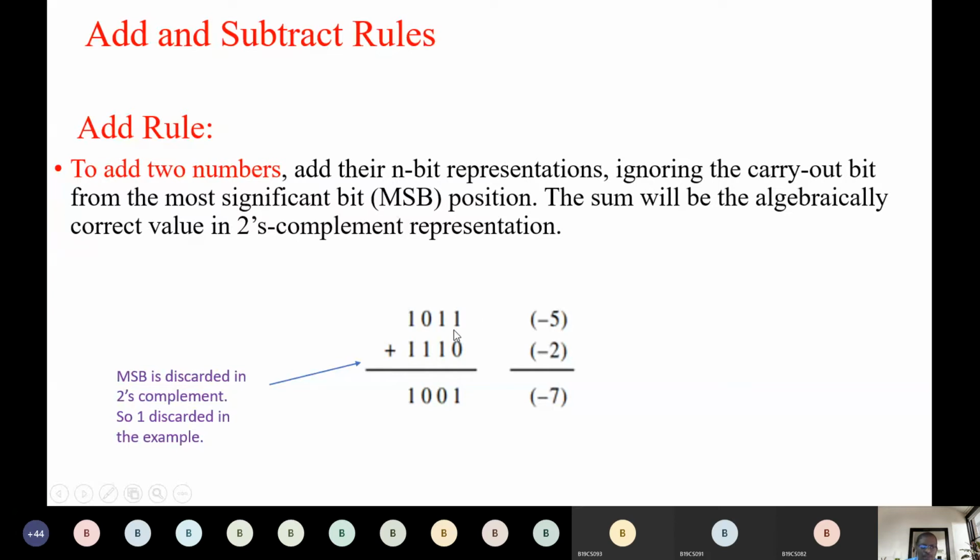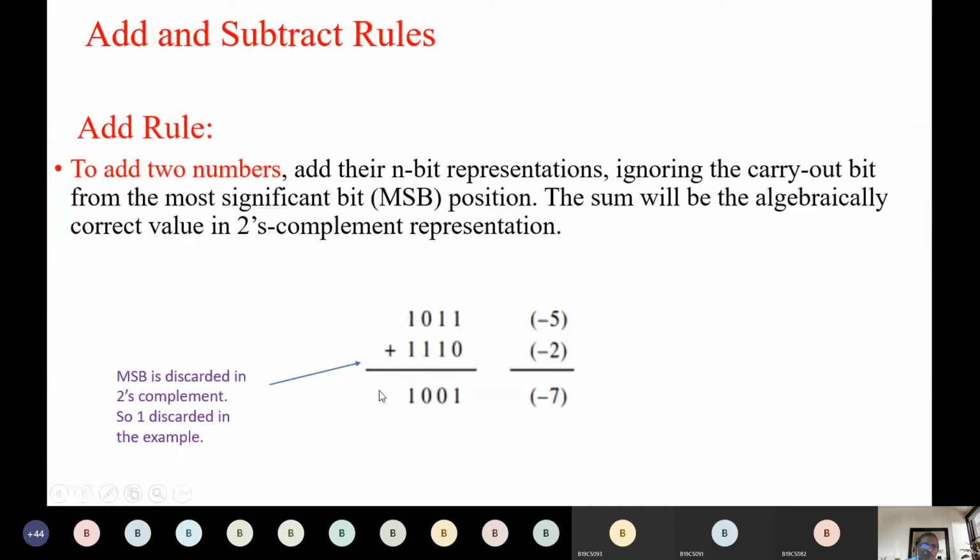Okay, so when we add these two numbers, you can see it's 10, it's 11. So we will have a carry 1 and 0 here, and 11 again we will add. It becomes 10. So 1 carry out here, and it becomes 0 here. And here we have 3 ones. So 1 here and another 1 here.